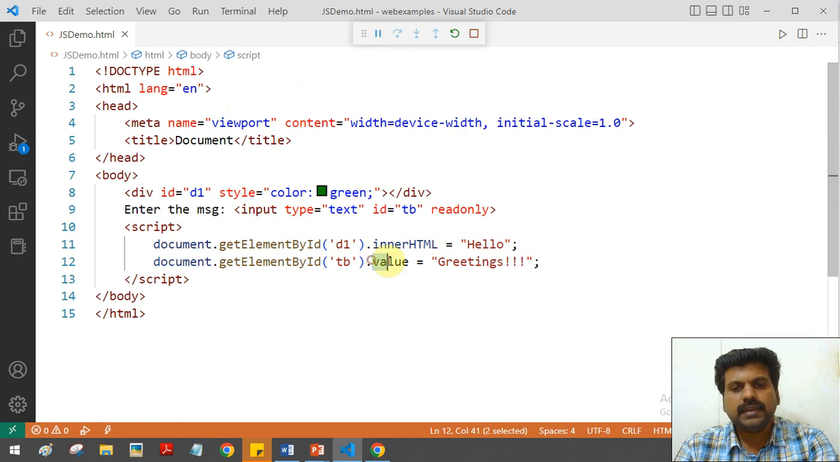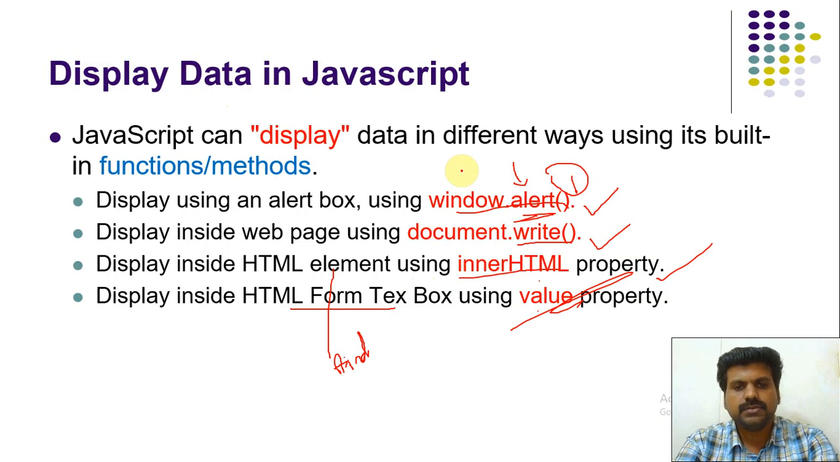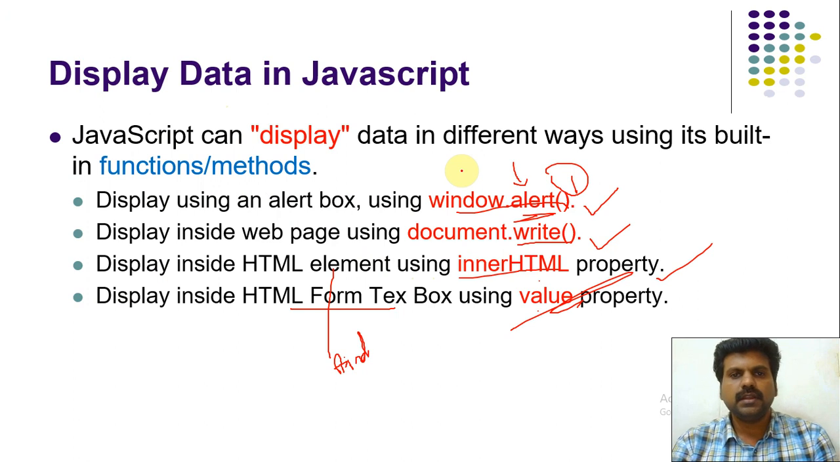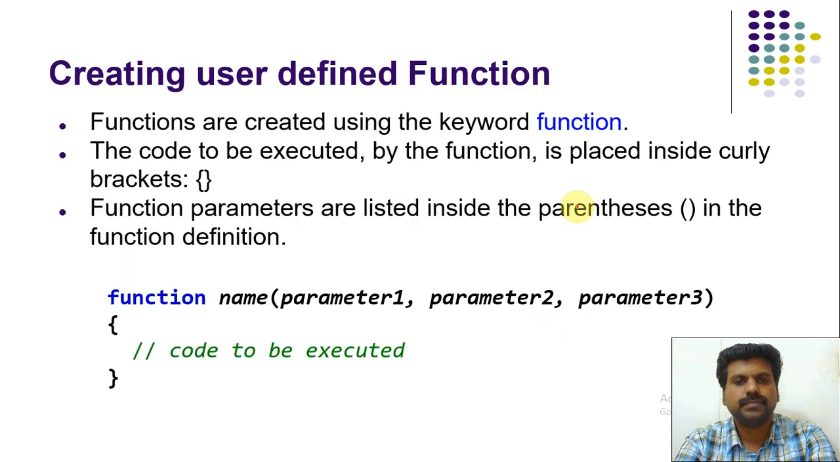So to display data inside a text box, you have to use the value property. Right. So this way we can display data using document object model functionalities: alert, write, innerHTML, and the value property. We can create a user defined function and write logic, and then we can call this function